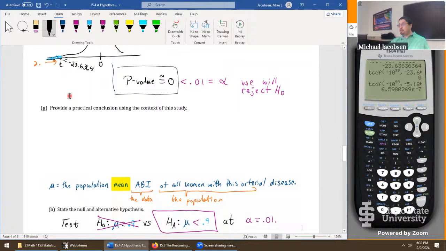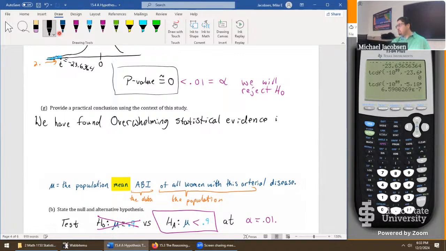So here's how our conclusion will go. We have found significant... Let me actually rephrase that. When your p-value is that small, it's an appropriate time to now say words like these. We have found overwhelming evidence, let me say statistical evidence, in support of the claim